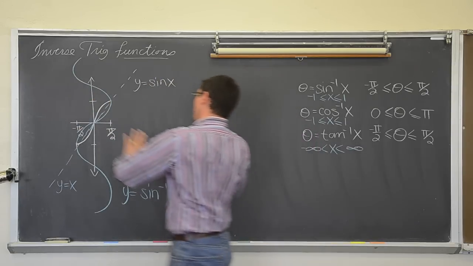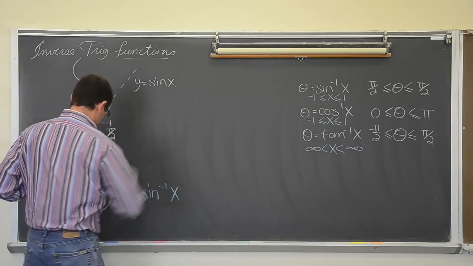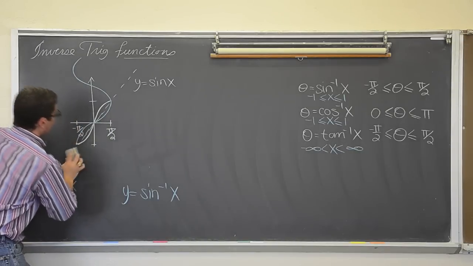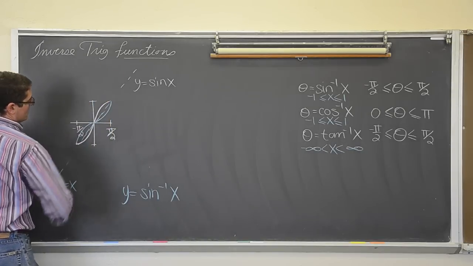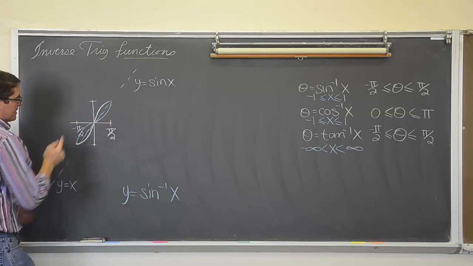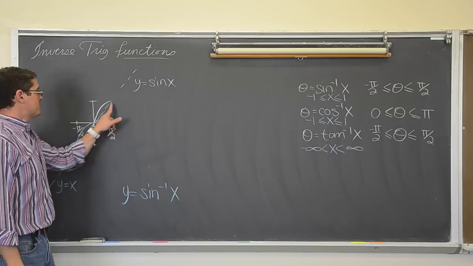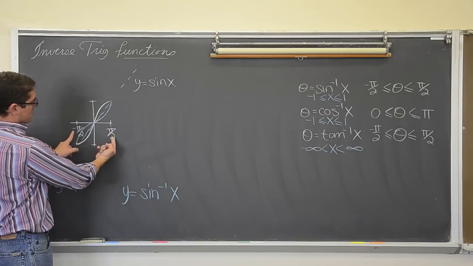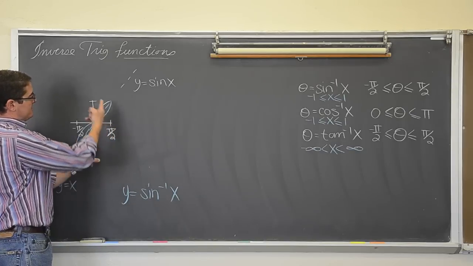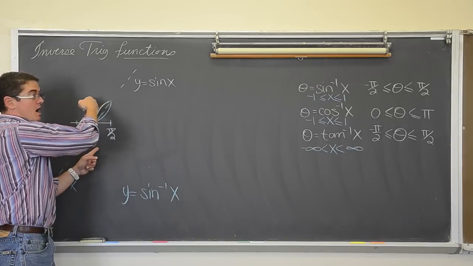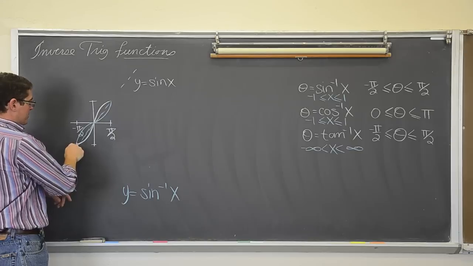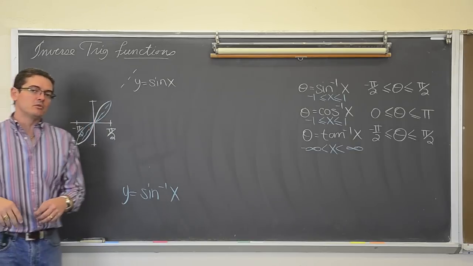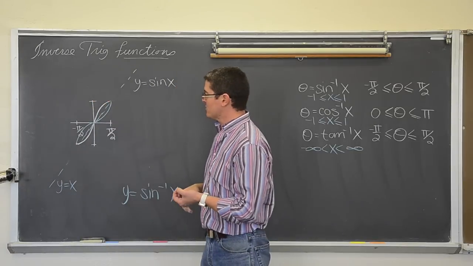And of course, if we erase all the original domain of y equals sine of x, then we have to lose all of this reflected graph. And what do we get? We get a little blue squiggle that goes from negative pi over 2 to positive pi over 2. Now, these marks were on the x-axis originally. When we're talking about an inverse function, those x's become your y's. So the bottom of this blue graph as an inverse is negative pi over 2, and the largest range value you can get from the blue graph is positive pi over 2.